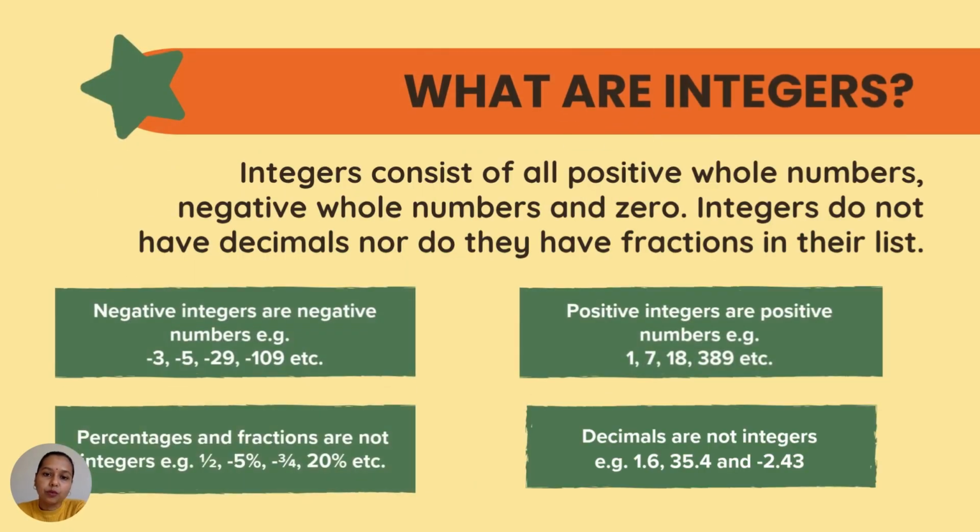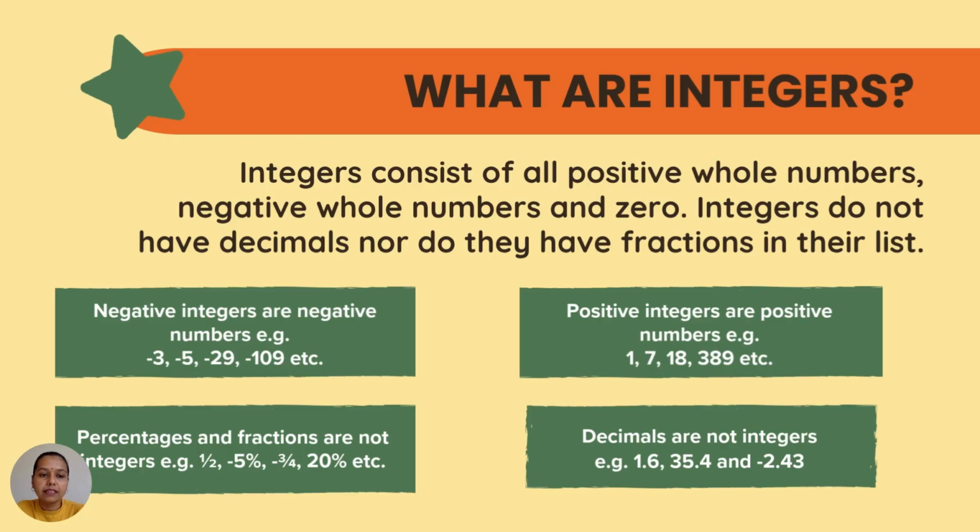So next up is, what are integers? Integers consist of all positive and negative numbers as well as a neutral number, 0. Integers do not have decimals in them, fractions, or even percentages. So if you look at the 4 different positions,